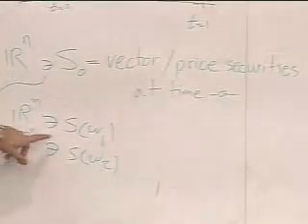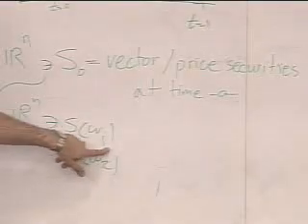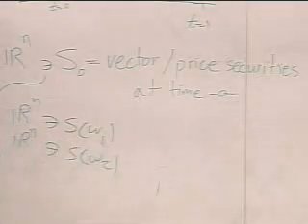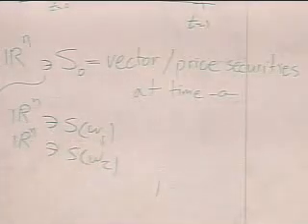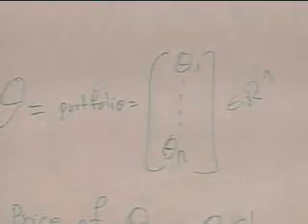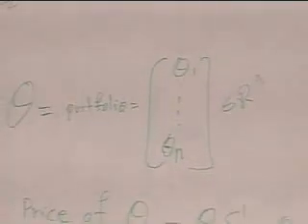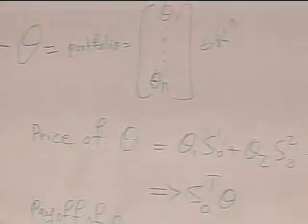It's the price of apple when you go to the apple tree to get the price. Then S omega 1 is, in case it's rainy, what will be the prices? S omega 2 is, in case it is cloudy, what are the prices? So S omega i are the prices in different cases. Now, you stick with some portfolio, meaning that you go and buy each of these assets. So there will be numbers from theta 1 to theta n. They could be positive or negative. You either buy them or sell them. Now, what's the price of theta right now? You multiply each component by its price.